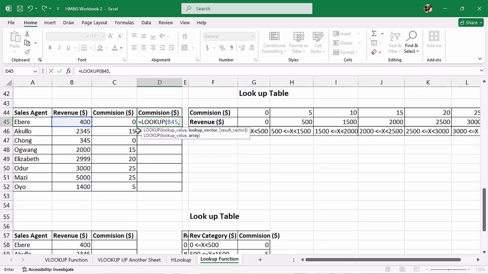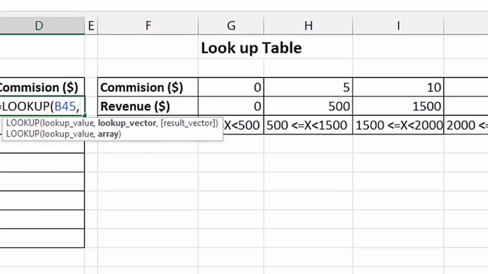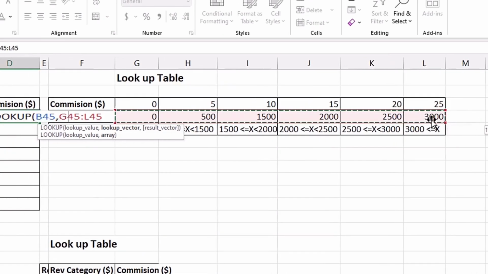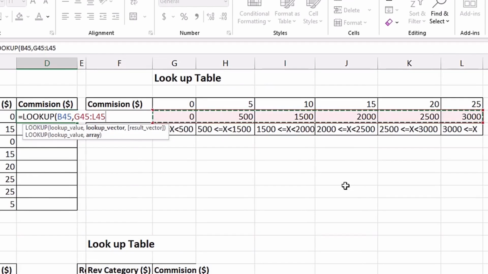We're going to use the first option here. The lookup vector is going to be the revenue. Now look at this. The revenue is actually set on the middle row of our lookup table. So I'm going to highlight the revenue like this. That is actually our lookup vector. I'm going to hit the F4 key to lock it, since I'm going to copy my formula down, comma, and